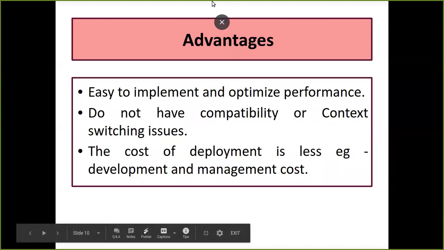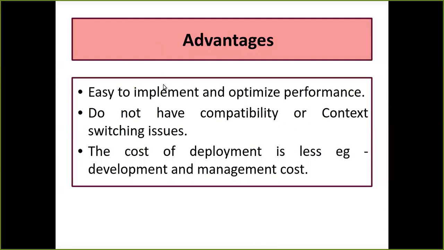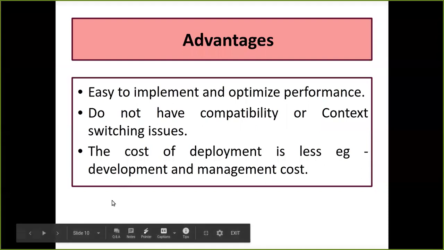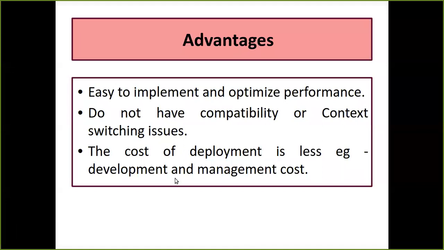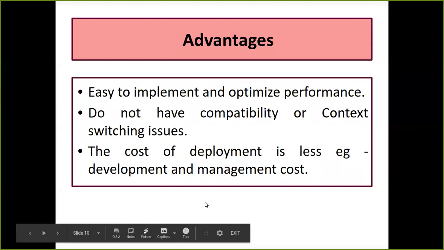You also don't have an issue of cost of deployment. Okay, because many of the applications are available free of cost. You don't have to even see the development and the management cost. The development and the management cost is a part of the developer and the organization which is developing that application. It is not the customer's lookout. It is about the organization which is developing that application. Okay, so if they are developing some applications, one tier architecture is going to give them the option where they can have a minimum cost to develop and deploy that application.